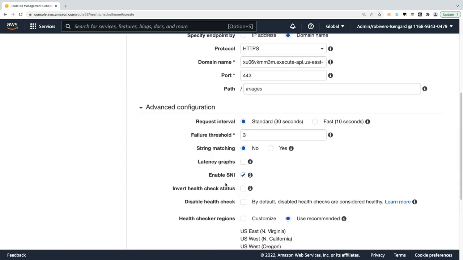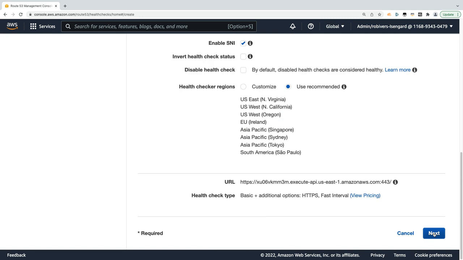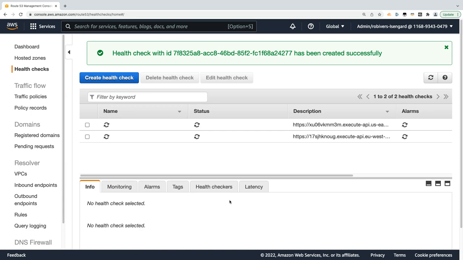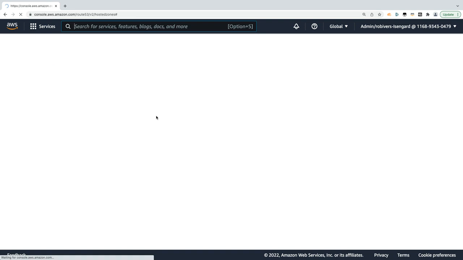And we'll also go to advanced configuration, set this to a very fast one, and then create the health check, right? And by now we see that Web1 has become healthy. So that's good. So now to configure the actual